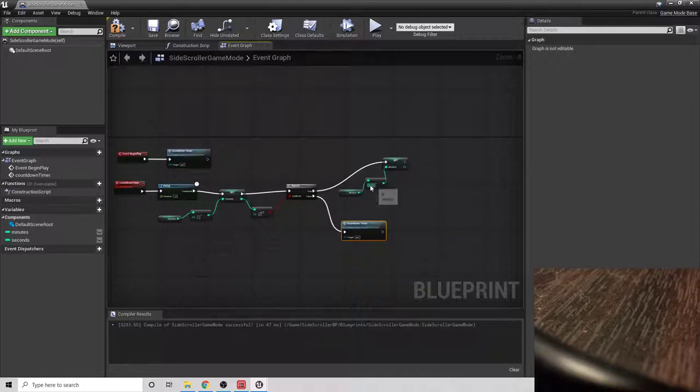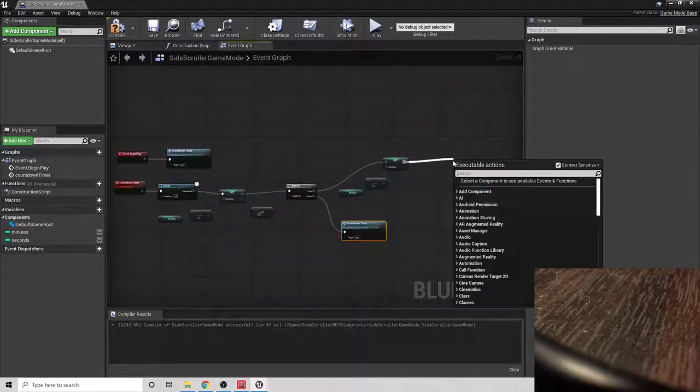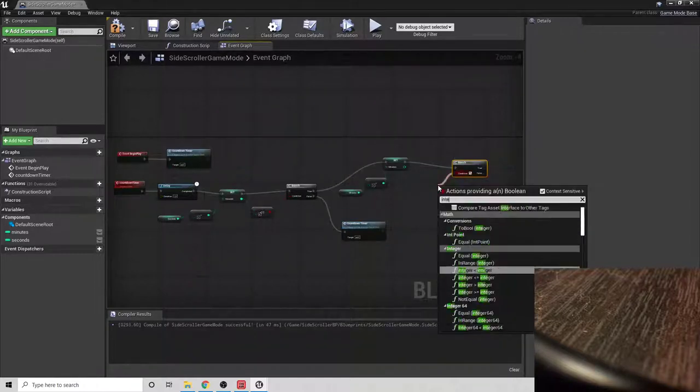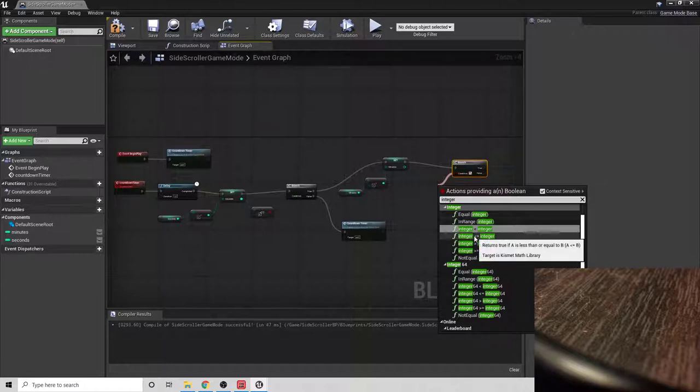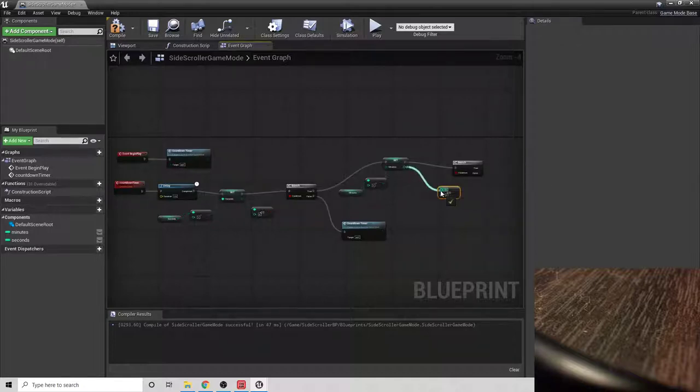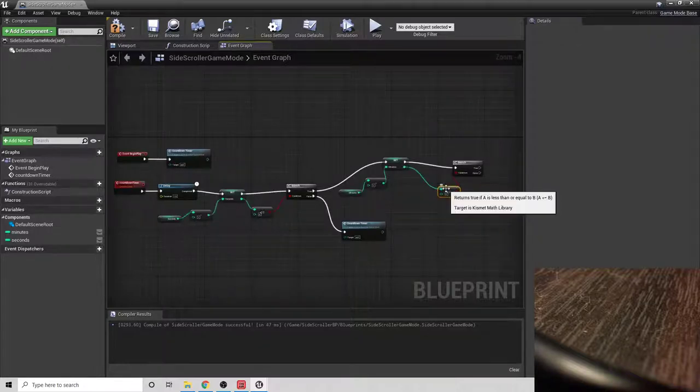So we're subtracting 1 minute, and then we want to check over here another branch. Integer and integer. And then we're checking also, again, if it's less than. So we're going to take this. So if it's less than or equal to 0,